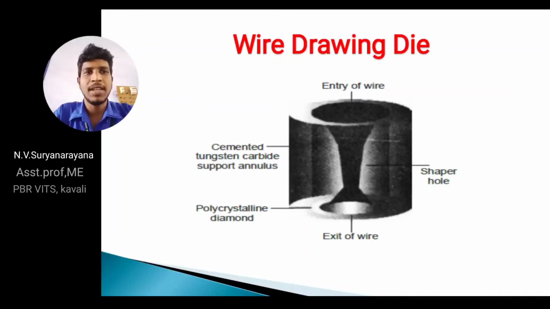Next, this is the wire drawing die. In the middle figure, I am showing the entry of the wire and the exit of the wire. At the entry point, the diameter is very large and at the exit point it is very small. After sending the wire through the entry, where the diameter is very large and the occupancy is also very high, the diameter is gradually reduced from the entry point to the exit point. At the exit point, the diameter is very small, and the wire or rod diameter is also reduced because of the die shape.